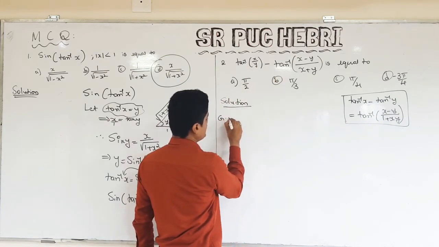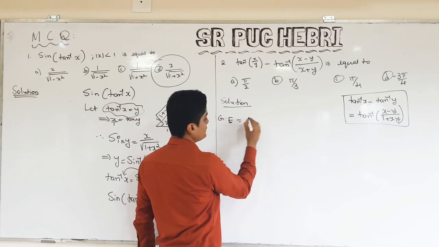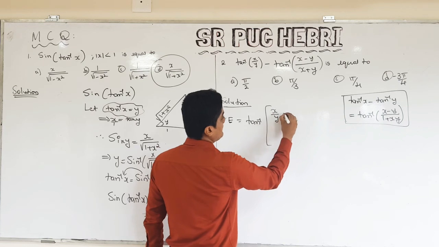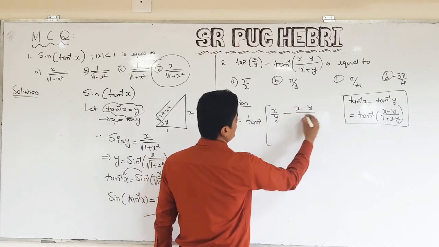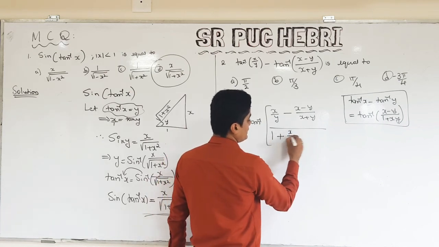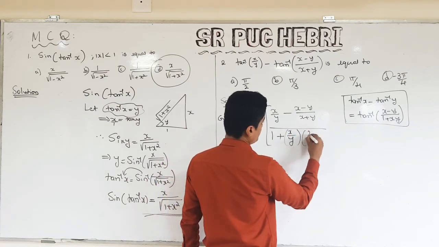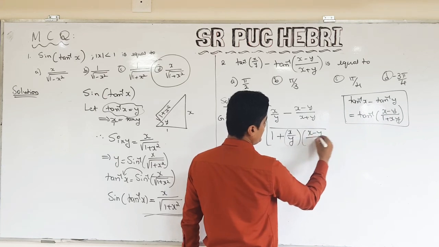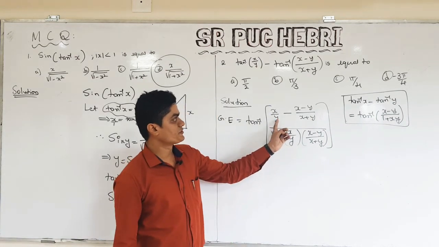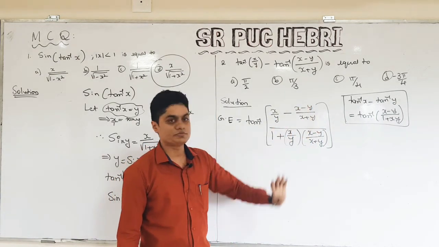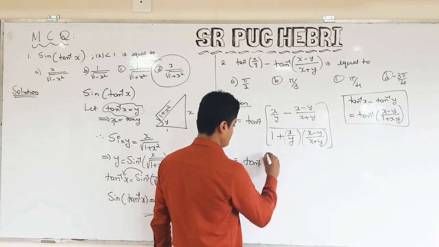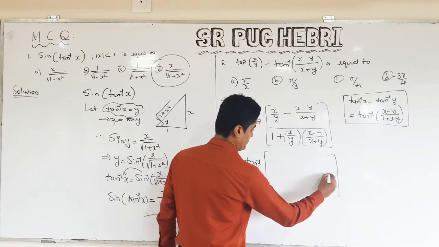Now using this formula you are going to subtract these two. So the given expression is equal to tan inverse of [x by y minus (x minus y) by (x plus y)] divided by [1 plus (x by y) into (x minus y) by (x plus y)]. Right now, instead of x we have x by y, instead of y we have (x minus y) by (x plus y). Next, it completely depends on the simplification, LCM multiplication law.